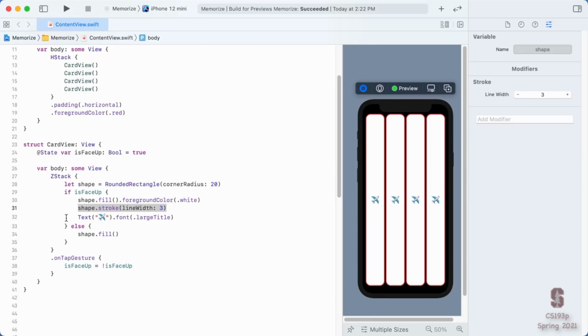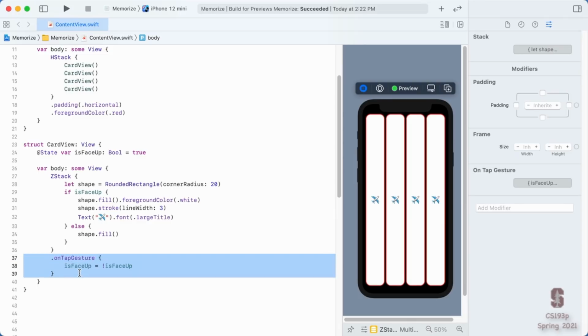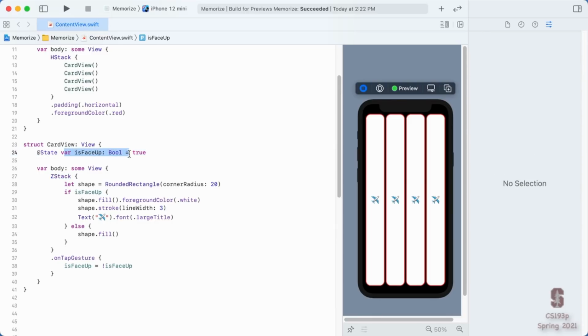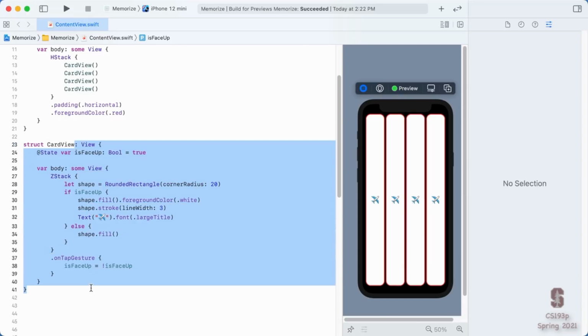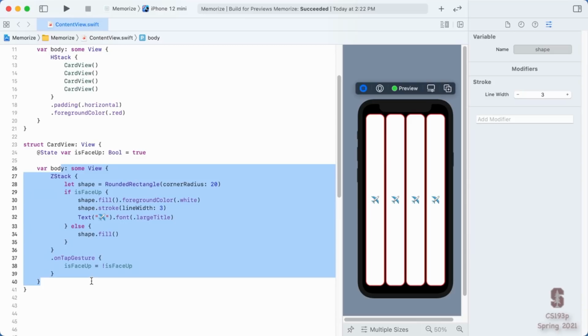So just to summarize here, when we are changing isFaceUp as a result of this tap gesture on the ZStack, we are actually changing it in memory somewhere, and our isFaceUp is pointing to that. So whenever it changes, SwiftUI is smart enough to notice, oh, whoops, this thing is pointing at some isFaceUp Boolean somewhere that changed. I need to rebuild this view, and it will recreate the body right here.